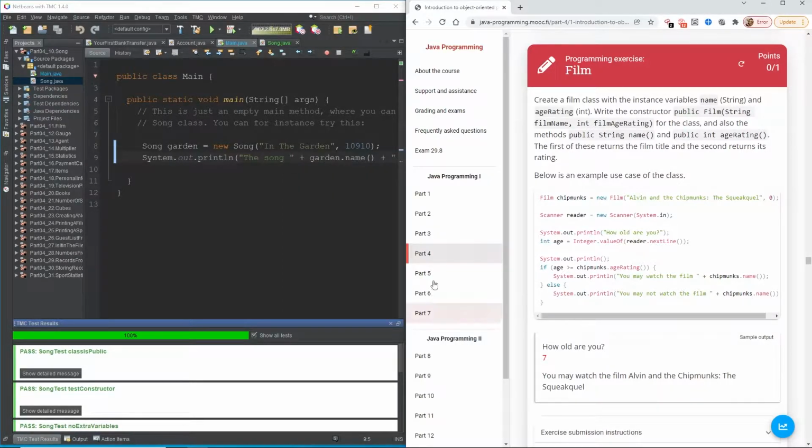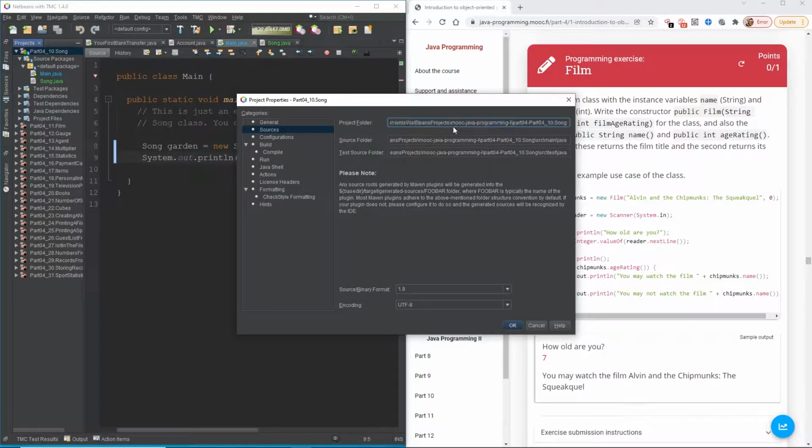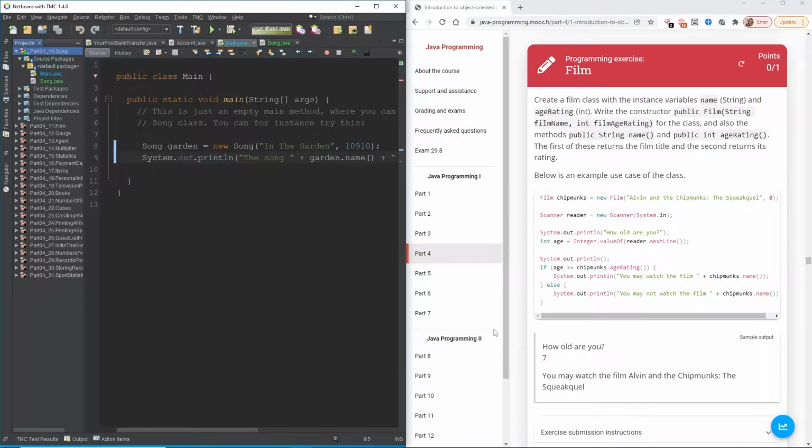Okay, let's OK this and close this one down. Oh, do you know what we haven't done? We need to do our GitHub, don't we? So I'm going to right click on the project here, head to properties, get the source of the project, which is here, copy that, let's open,